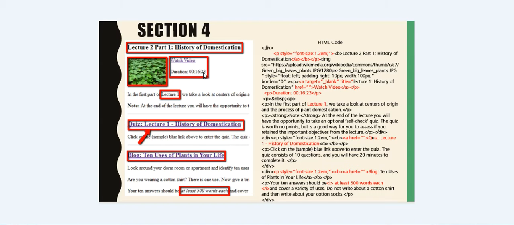The watch video, I would want to change this text to maybe "the history of domestication video," so that it's got more definition. I would remove the duration part of it. I'm not sure if that is really required, but I do know that on videos it usually does say how long it's going to be. So if we keep moving down here now,